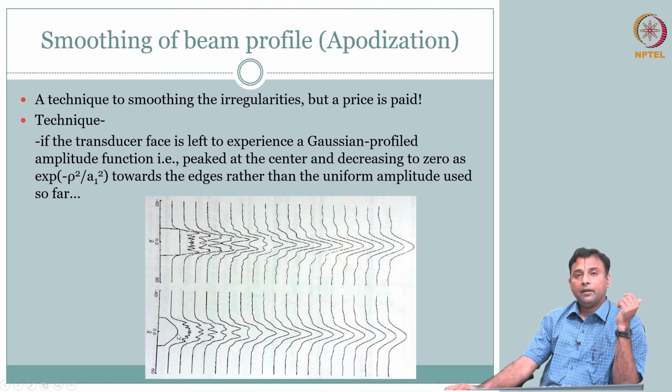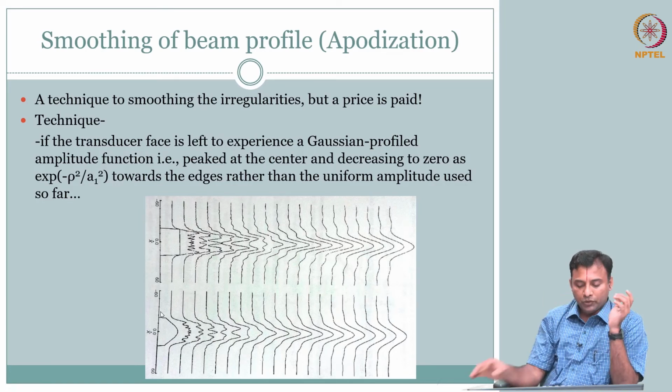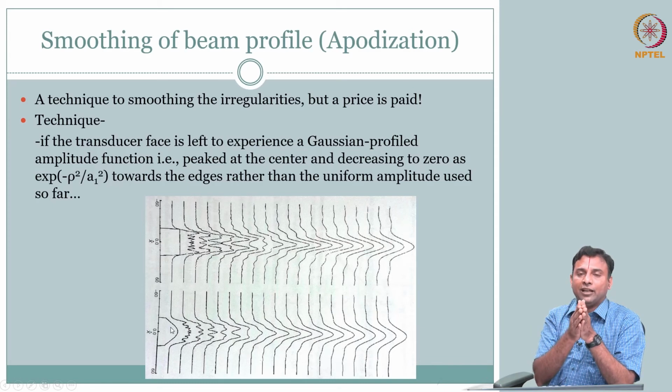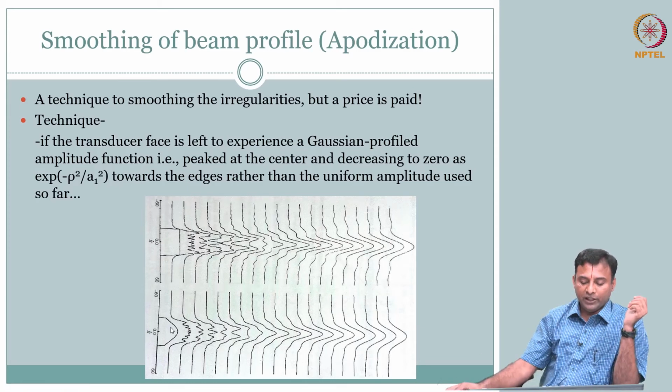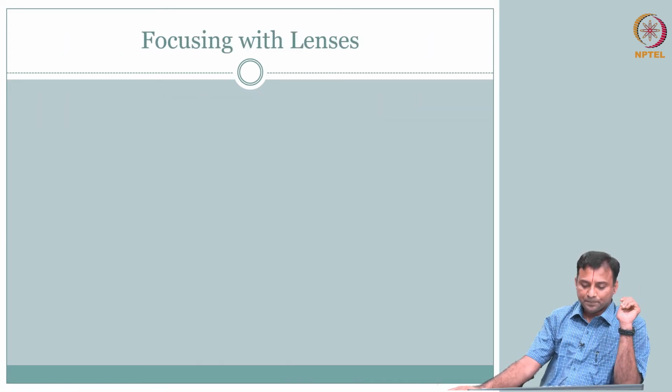Okay, so if you do that, instead of this rectangular profile, I can profile it. I can come up with a material, say a sound absorber. So that's an easy one to visualize, at least for you. So you can come up with some material on the front face of the transducer, where it will preferentially allow more sound from the center. Then you are going to smooth this out. If you smooth this out, you notice the profiles are a lot smoother here than here. So this is a technique which we call apodization, okay, which is very similar to the windowing that you would have studied. It's just that the jargon is slightly different because the context is different.